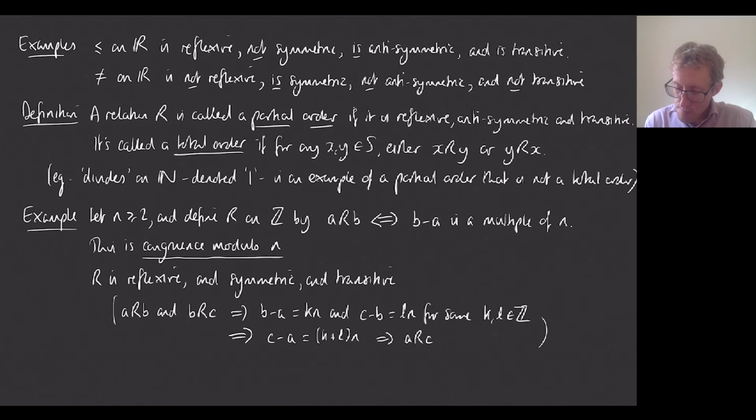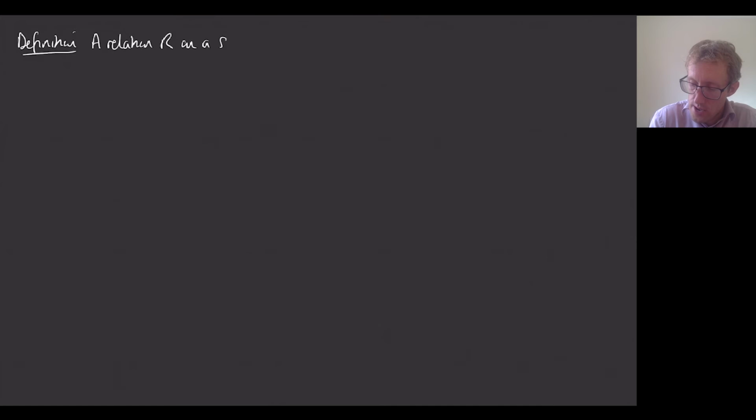Any relation that has these properties of being reflexive, symmetric, and transitive is called an equivalence relation. So this is an example of that. So I'm going to write out a definition now of an equivalence relation. But in fact, I just said it. So this is the definition of an equivalence relation. I'm going to say a relation R on a set S is an equivalence relation